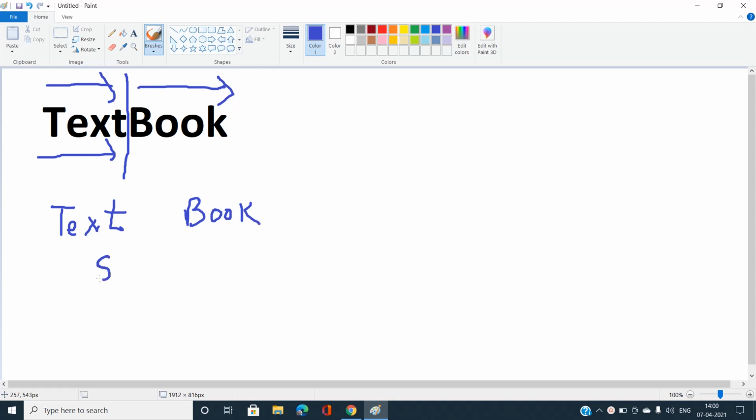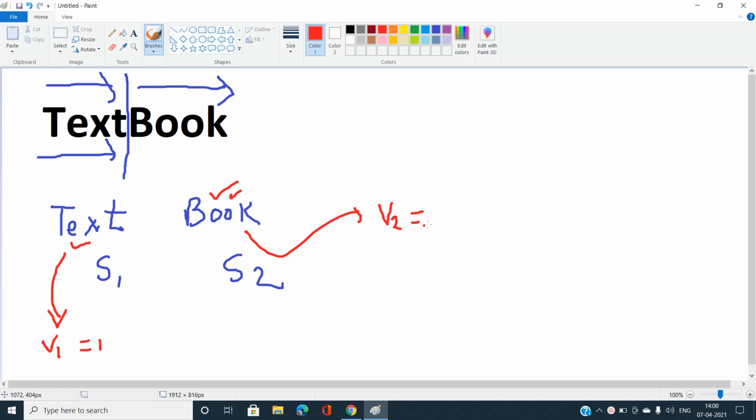Now we have to find the number of vowels in this string and the number of vowels in this string, and if the vowel count v1 and the vowel count v2 match, we say that yes, both strings are alike. We are going to ignore the case and then match the characters, because a, e, i, o, u and the corresponding capital letters should be counted as vowels. Now let's count the vowels. E is the vowel, and in book, o and o, two vowels are there. So v1 is coming out to be 1, but v2 is coming out to be 2. So in this case our answer should be false because v1 is not matching with v2.